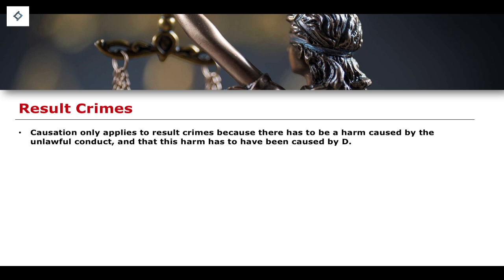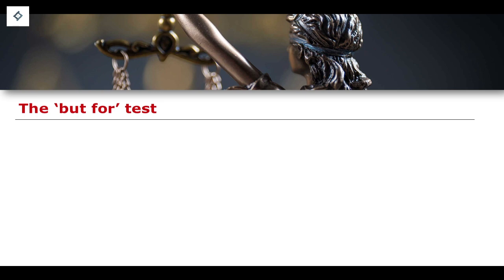So, causation only applies to result crimes, and of course the reason why this is the case is because there has to be a harm caused by the unlawful conduct, and this harm has to have been caused by the defendant who is charged with the offence. So let's think about causation in a bit more detail, and we're going to begin with something known as the but-for test. This is the first question that we ask when we talk about how to determine causation,